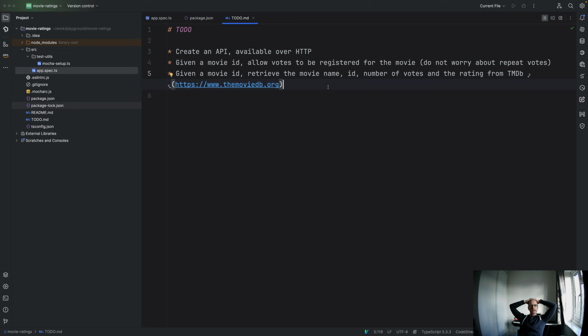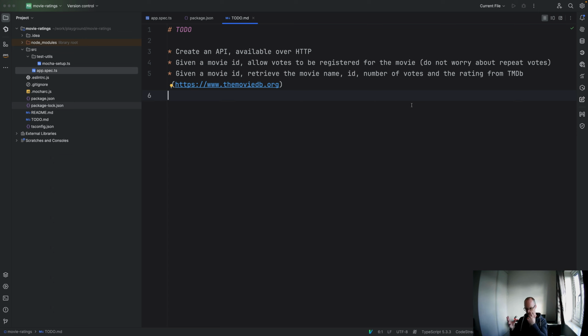I guess the first thing to say is that how much research you need to do will depend on how you're coming at this. From my perspective, I feel pretty comfortable with the idea of creating an API over HTTP. I feel comfortable with the idea of it being perhaps REST based. Whilst that's not explicit here, in my head that's what I'm already thinking: a REST based API,